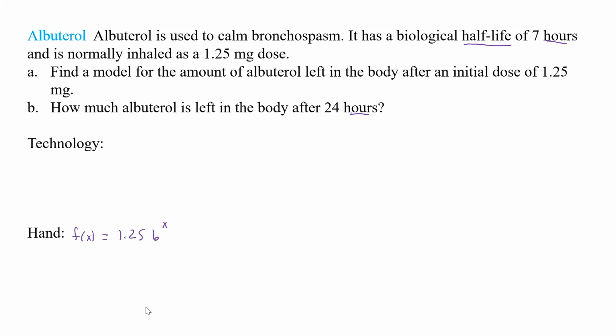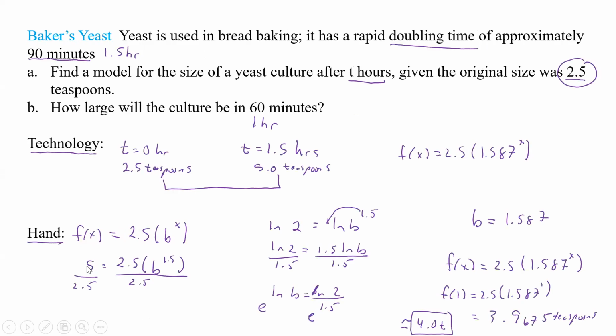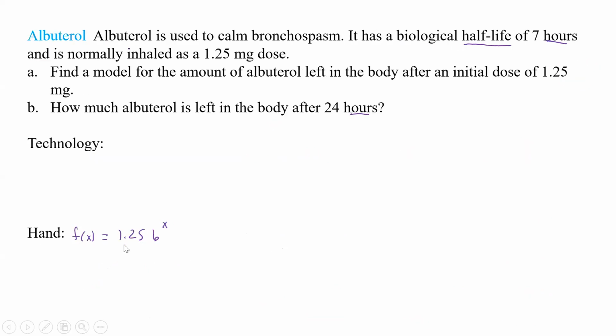Now if you remember back here, when we had this, we plugged in double and we got the 2.5. And then what did we get after that? We got 2 equals b to the 1.5. We can do the same thing here. Instead of writing out what is half of 1.25 and then doing the division by 1.25, we could actually say, okay, we know there's only going to be half as much here when we're done. So that's going to be 0.5 equals